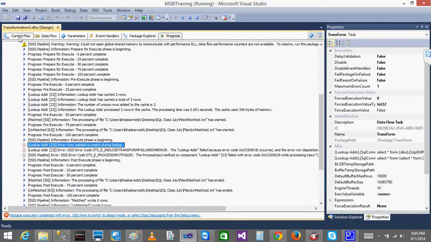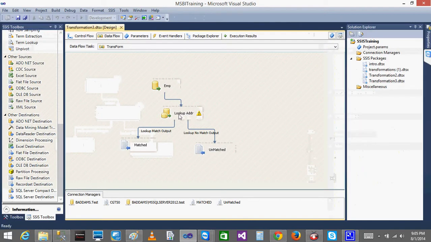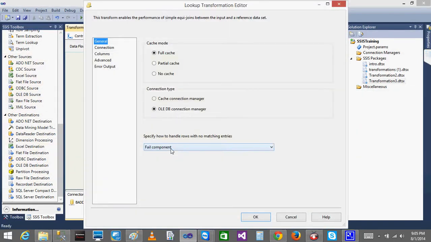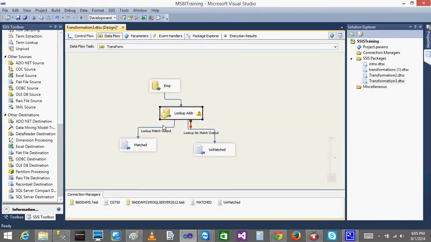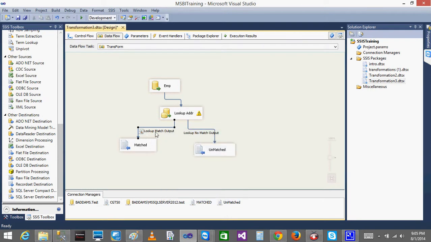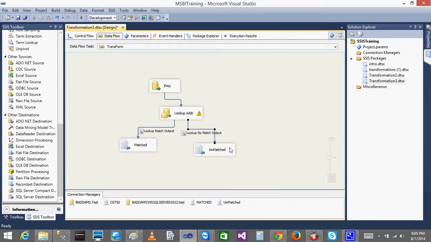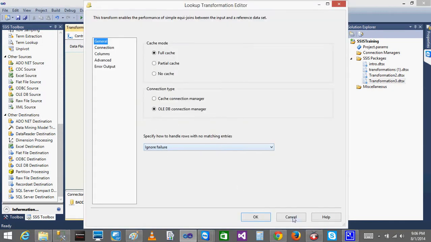And the other way you can do, I am just stopping this one. When I click this, you can see instead you can redirect, see, ignore failure. Let's see the ignore failure. I'm just clicking ignore failure. Now see here what happens. I'll add the enable data viewer with the lookup match output, and I'll also enable data viewer with the lookup no match output. Now see, when I run the package, when you use lookup no match ignore failure, it means